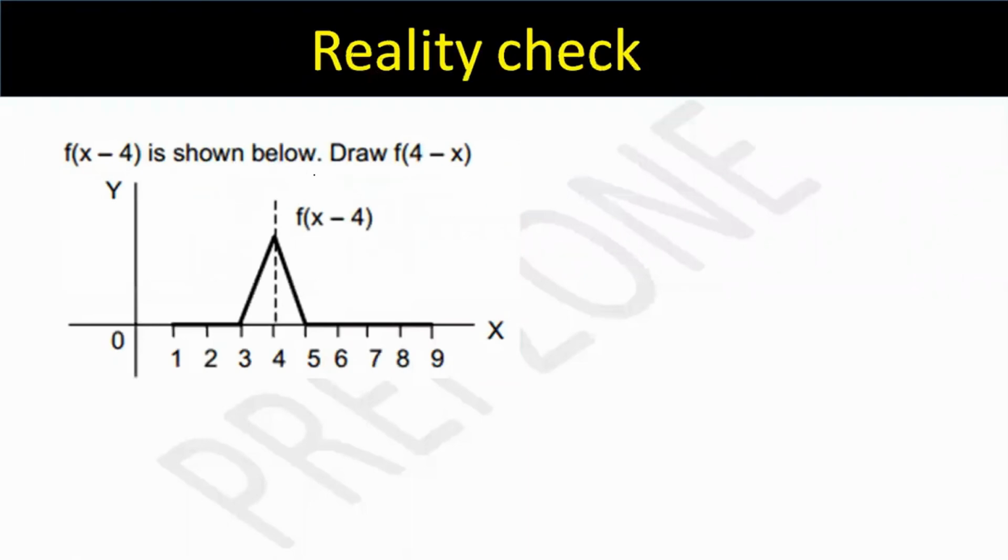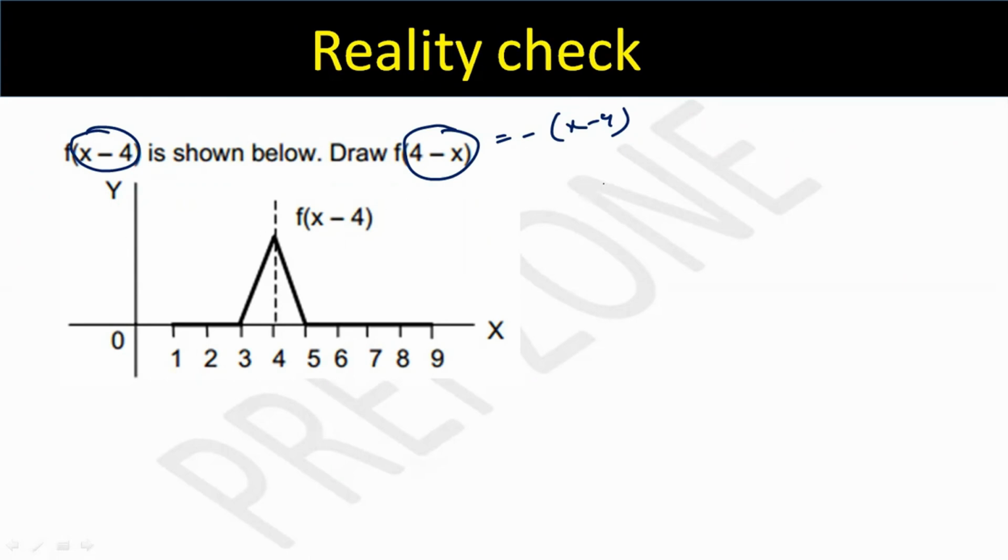So let's see how many of you can draw this. It's a reality check basis how much you have understood. See guys, this is f of something, right? It is shown to you. You have to actually plot f of 4 minus x. So if you can visualize, 4 minus x is nothing but minus of x minus 4, right? So if some graph is given to you, you have to actually take its mirror image about y-axis,